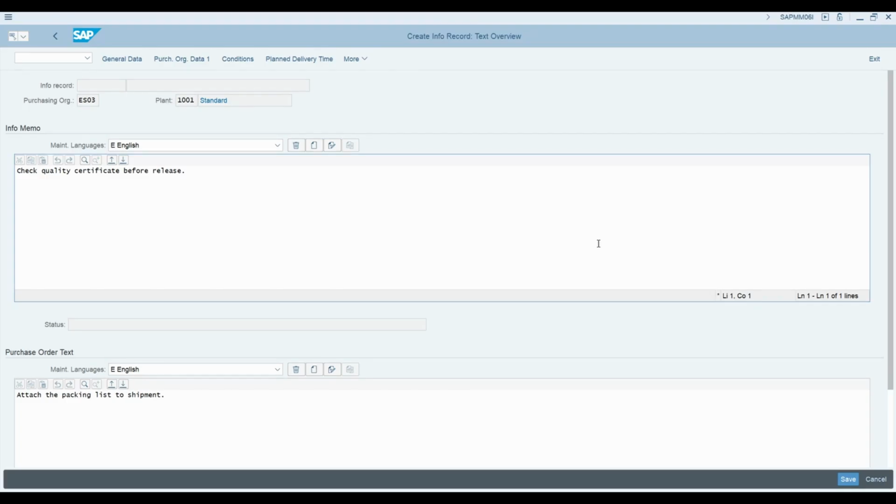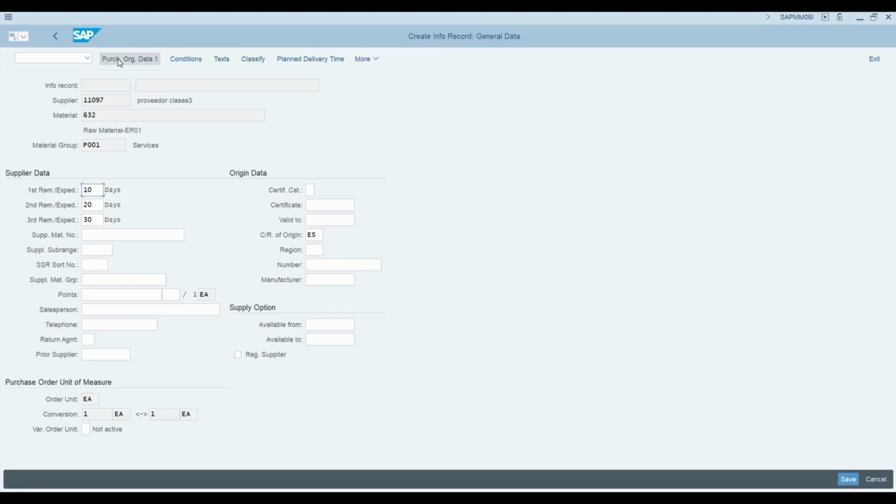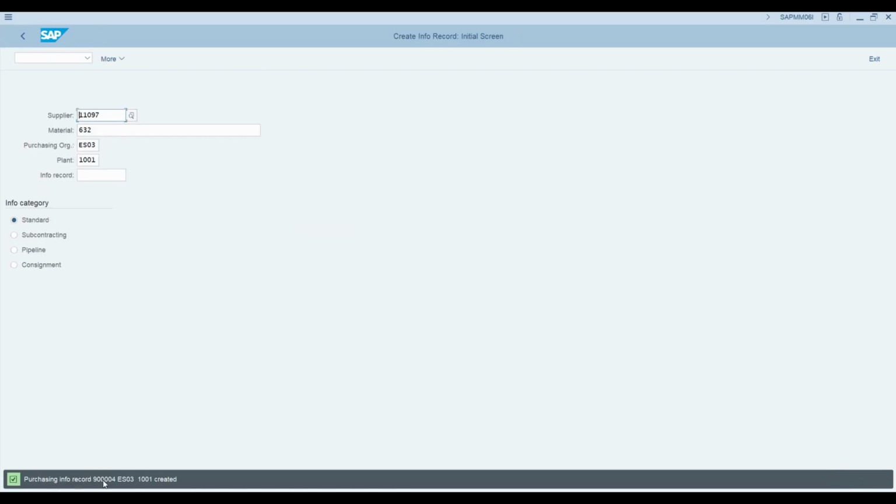Pretty straightforward. Once we have completed this screen with all the needed information, we can actually save our purchasing info record by pressing on the save button, and you can see that we have a message displayed showing that the purchasing info record has been created. So the info record number is this one, and now we can actually display it